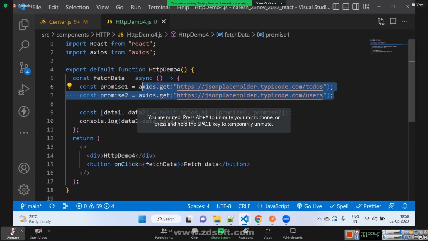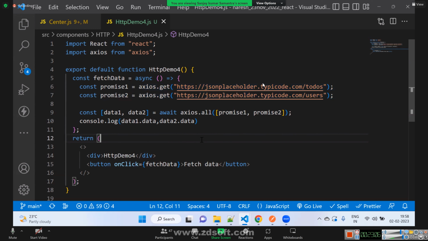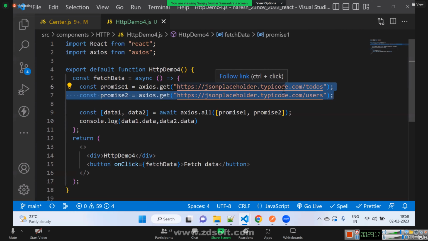Any other questions here? So after getting this data, can we join it somehow? We can join only if they are logically related data. Okay, like we need to pass the index or some key of this particular response, and with respect to that we can get the data. Yeah, this is todo data. This is users data. There is no relationship at all.